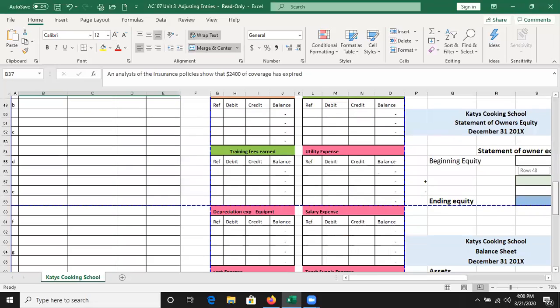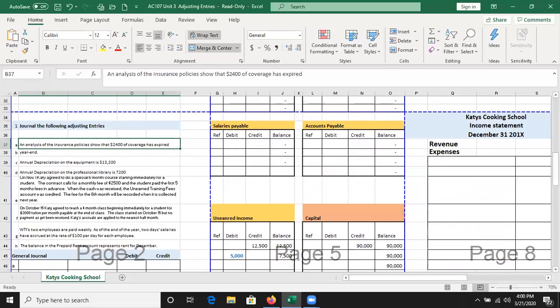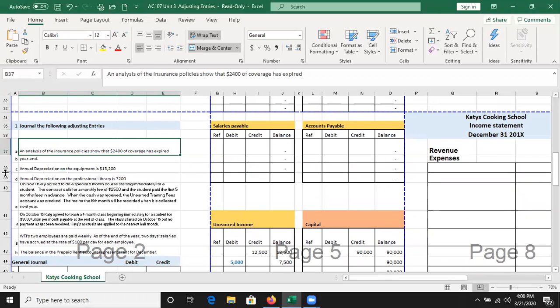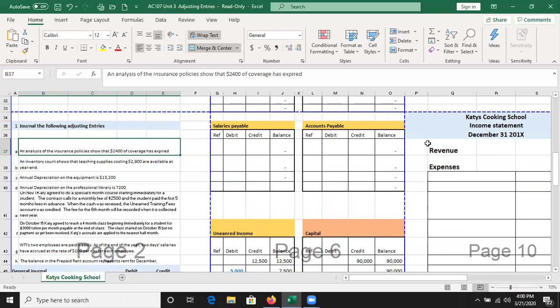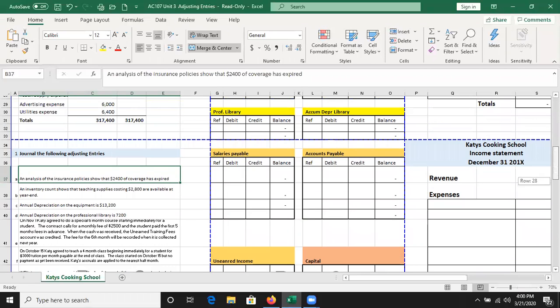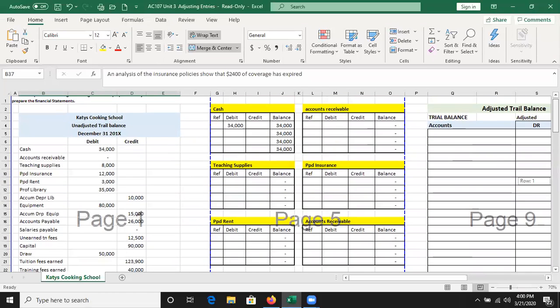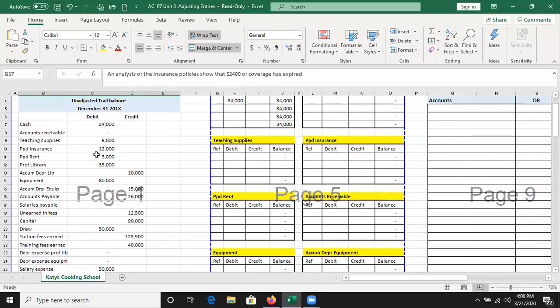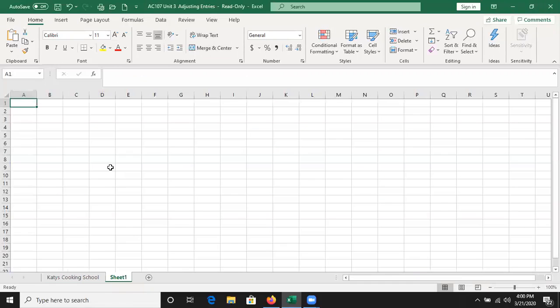I know these are a little sloppy. There we go. All right. So $2,400 of coverage has expired. If we look here, prepaid insurance has a $12,000 balance. So let me open up something quick. Let's say I'm going to make a similar problem. At some point,